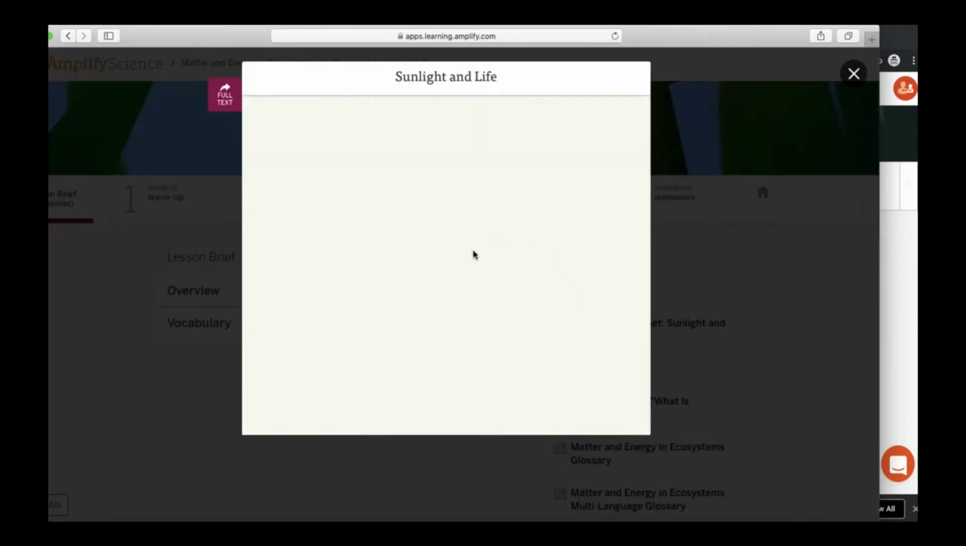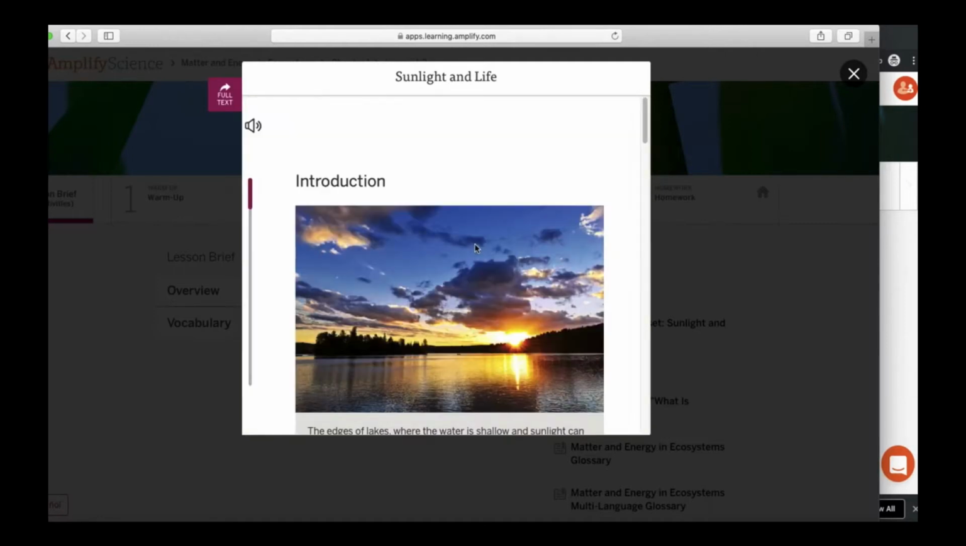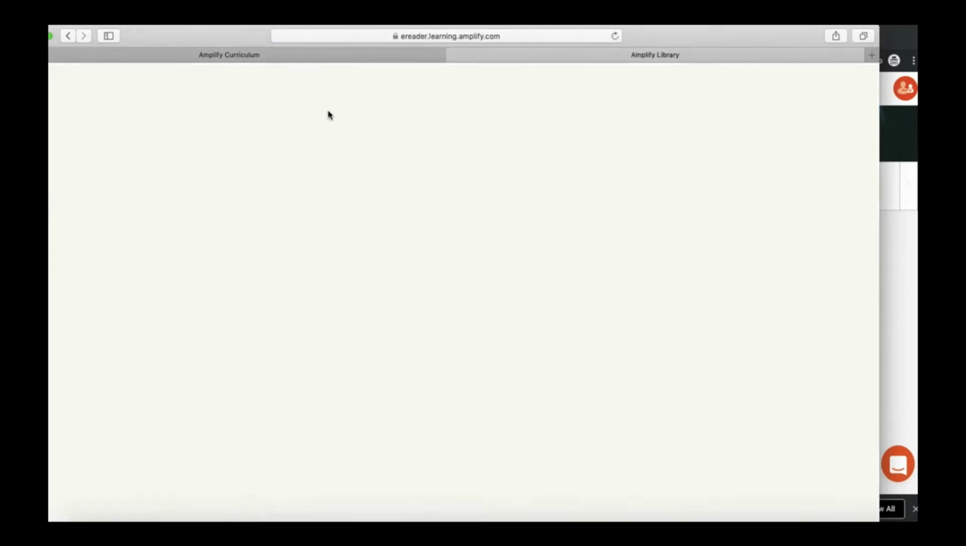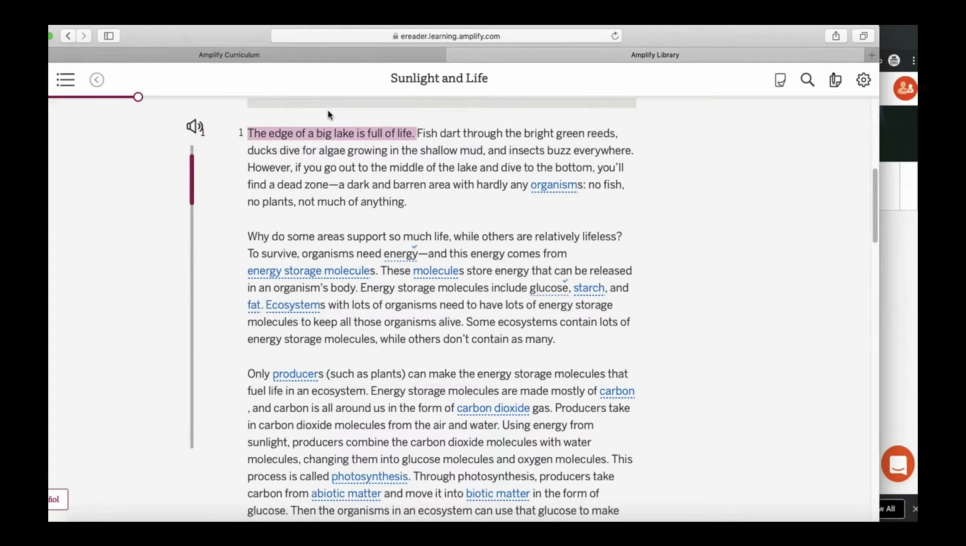You can click on this and see a preview of the article. From the preview window, you can select full text, which will launch the library in a new tab opened right to that specific article. Usually, though, students will access an article when they get to the specific activity that it's